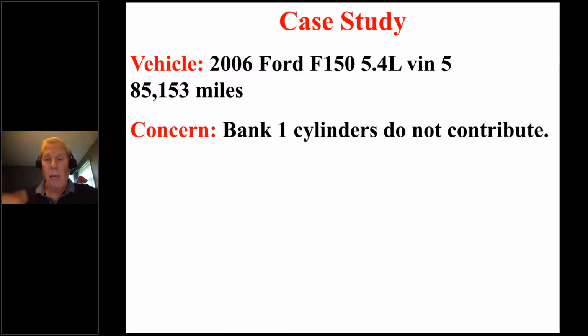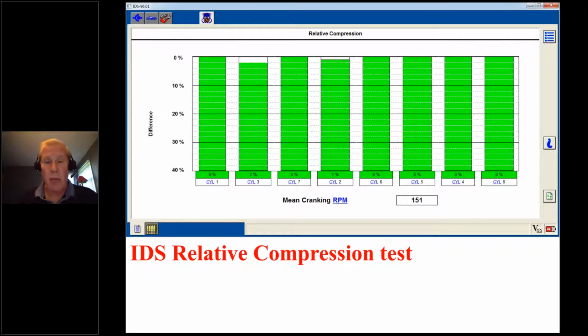I'm going to give you a little bit of background, then I'm going to do the analysis. So I have an 06 F-150 5.4 3-valve, and bank 1 cylinders do not contribute. I am fortunate I have a Ford scan tool, the IDS, and I'm going to perform what they call a relative compression test. And if you haven't done this before, this is a scan tool driven test that works in